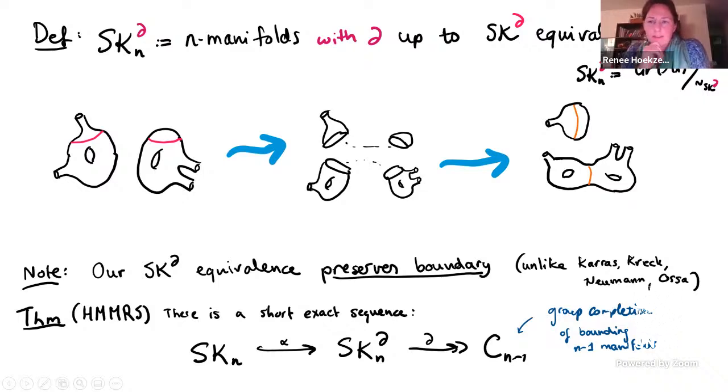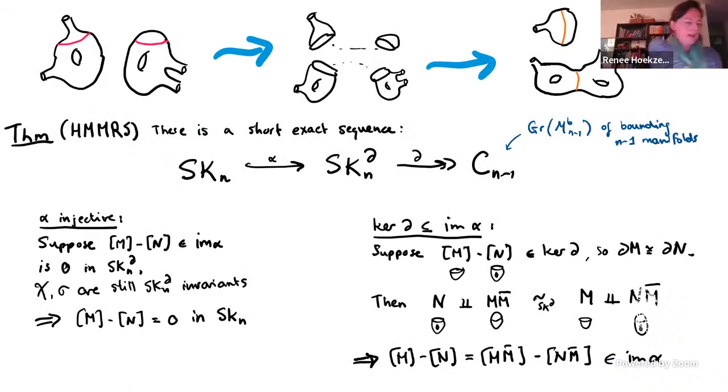And we show that this is sort of a minimal way of allowing boundary, in the sense that there's a short exact sequence from SK_n to SK_n boundary to taking boundary. So obviously the boundary is preserved, so I can make a map to the group completion. I'm taking group completion here because otherwise I don't get a group. And I here just go to the monoids of n-1 dimensional manifolds. Maybe I don't really have time to go into detail, but it's a sort of nice little proof.